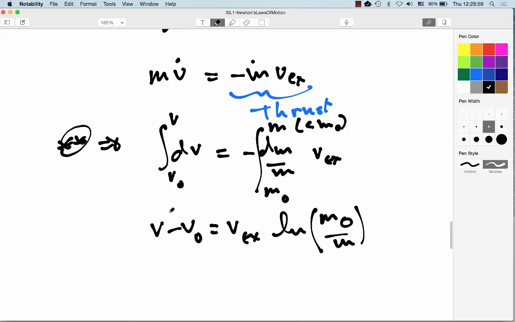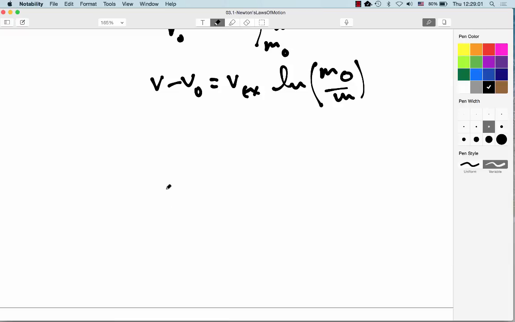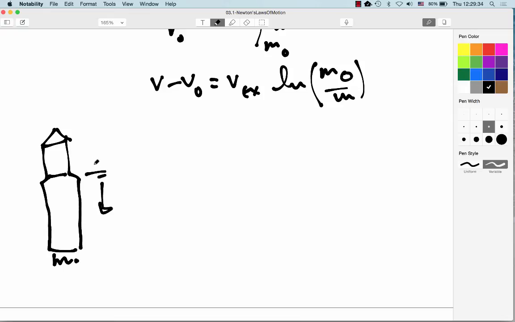The other thing that we can see out of this is that as far as the top speed goes, the top speed depends on the exhaust speed, but also depends on the masses here. So this is why you see rockets get staged. So for instance, if you take a look at a typical rocket, the payload is probably just in a little capsule like this, and you got like a second stage here, then maybe a much bigger first stage here, and you burn the fuel from the first stage, and then you eject the first stage and make it go away, and then the rest of the rocket goes on. Now, why the heck do we do that? The reason we do that